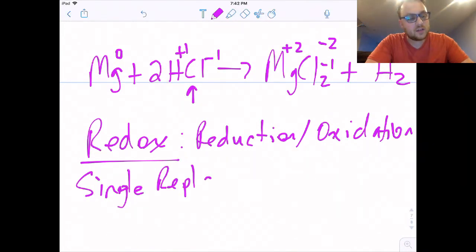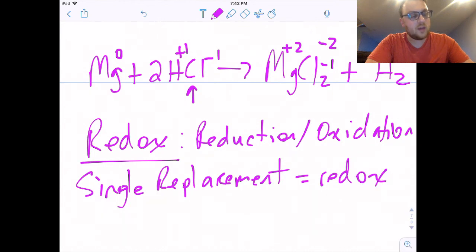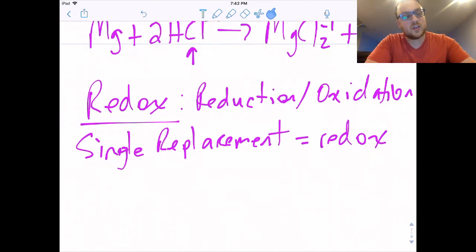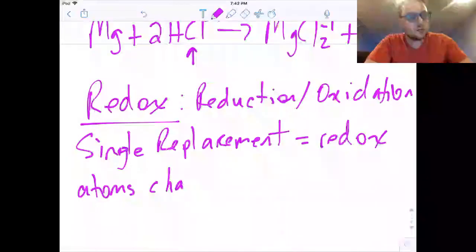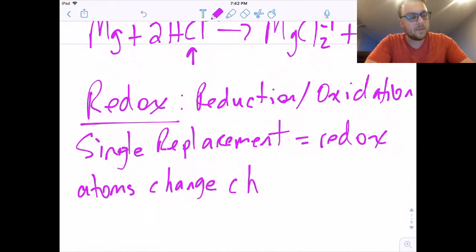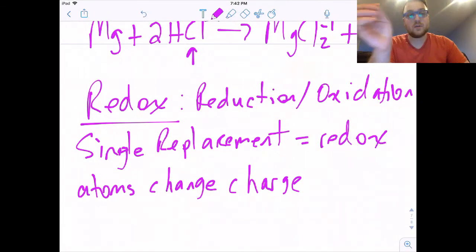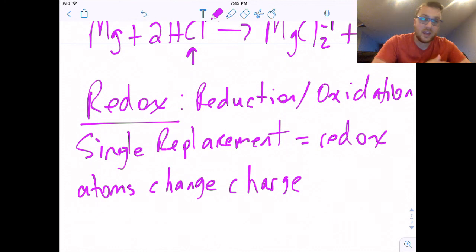But what if you don't remember that? Well, you have to look at each reaction, and if the atoms change charge, so if they went from 0 to -2, +1 to 0, -2 to -3, whatever, it doesn't matter, if they change charge from left to right,